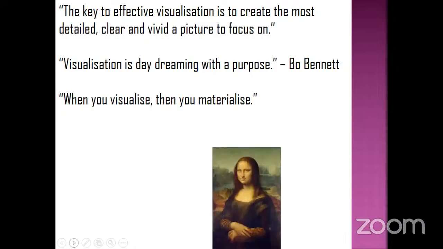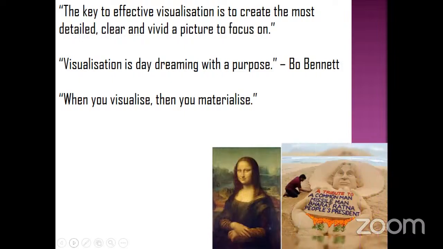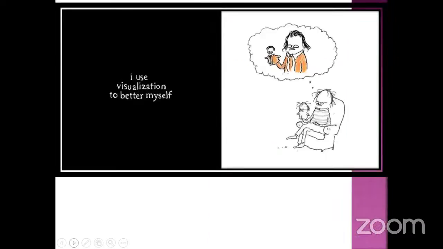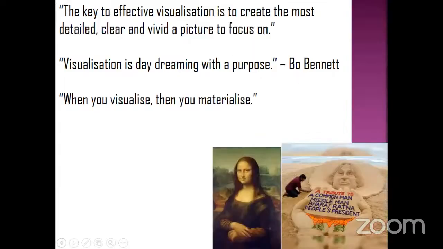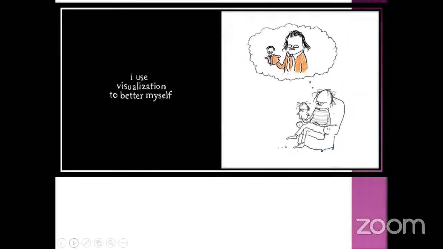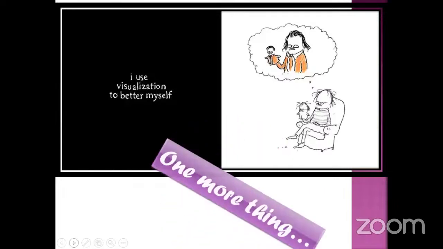For example, when we see such paintings, we see how the painter has visualized those things, and how he then gives them these pictures. The sand artist is making this art. He has firstly visualized this, and then only he was capable of giving this form. Even if we see that in common life,